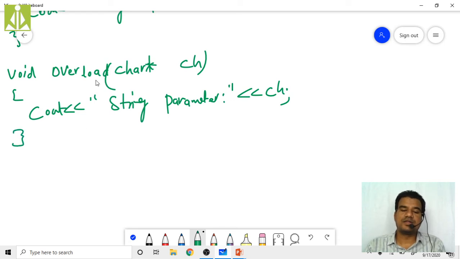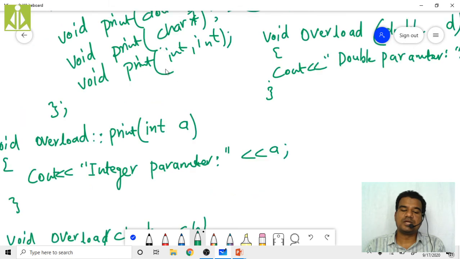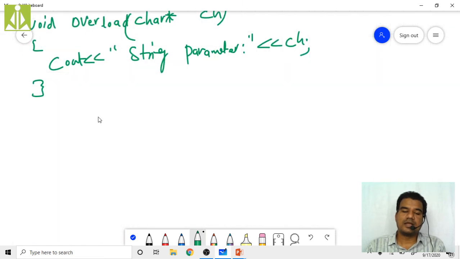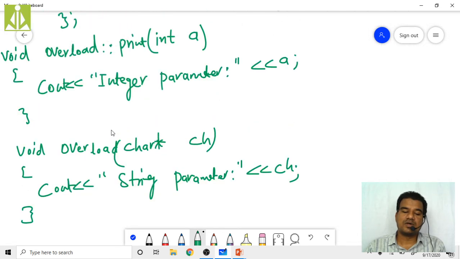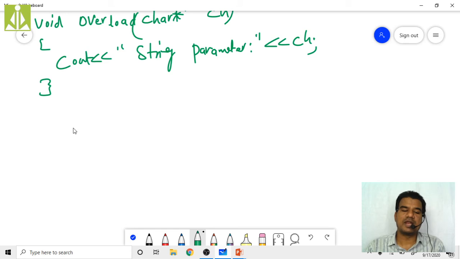The last definition we have to provide is print with two integers, isn't it? What I'm expecting to write inside the code is, whenever I'm passing two integer parameters, the print function has to add these two parameters. Here I have made one mistake. You have to take overload, then the scope resolution operator, and after that print, like this, and here you have to put this one. Anyhow, when we do this same program on the compiler, I will change that.